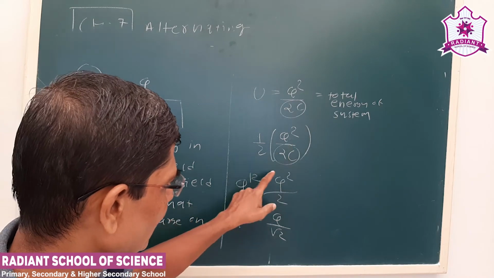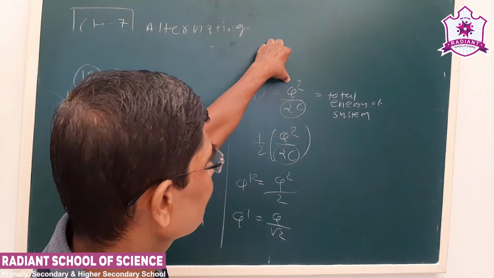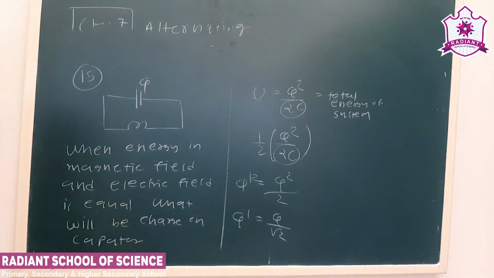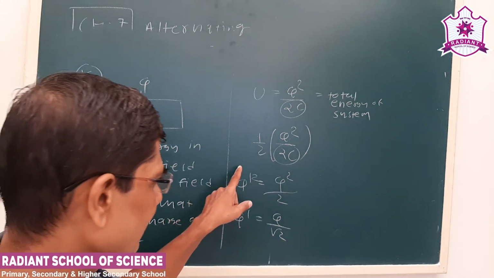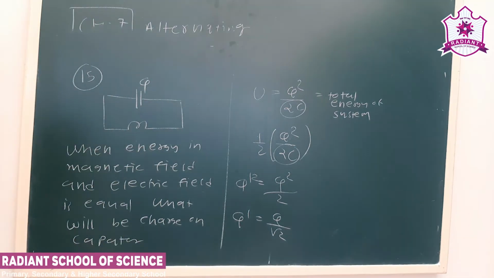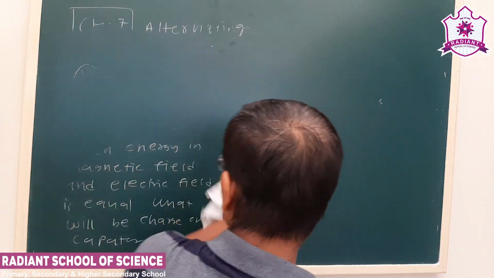So this is by comparing the energy. Q dash square by 2C is the charge when the energy become equal. So just to differentiate, initial charge we have taken Q, and the charge when both energy become equal we have taken as Q dash. So if I take the square root, we get the value as Q upon root 2. Okay. So this is how we can solve this MCQ number 50. Now see our next MCQ.